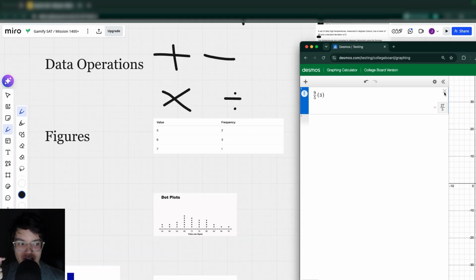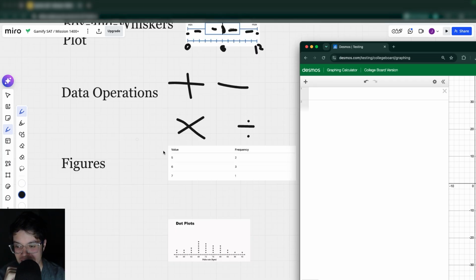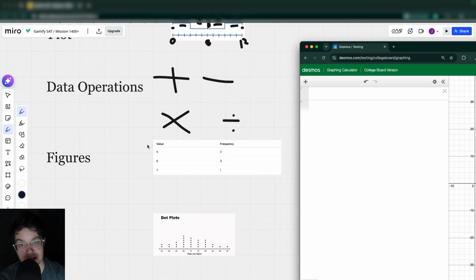Now you understand that, let us go on and talk about some figures real quick. So the big thing with figures is that they're fairly simple. You just have to not make some very simple, small mistakes. The big figure you must know though, and the one that you're most likely to make a mistake on, is